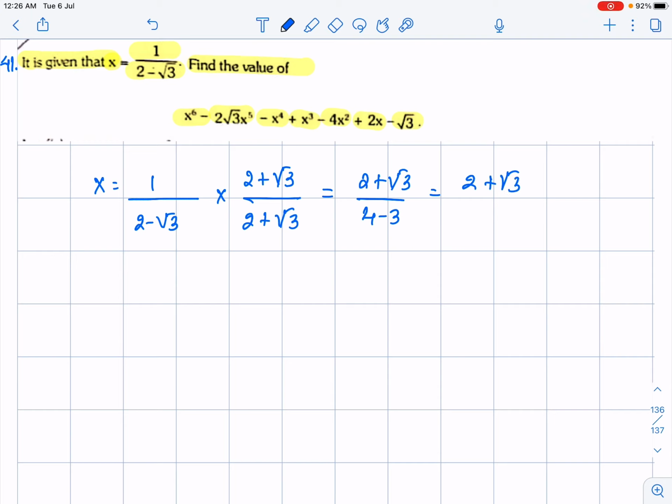So guys, let us suppose we are dividing our polynomial by x minus 2 plus root 3. Let it be the g of x over here. And since it's a linear divisor, we may apply synthetic division. What are the coefficients of this 6-degree polynomial we are knowing? We'll write it over here.